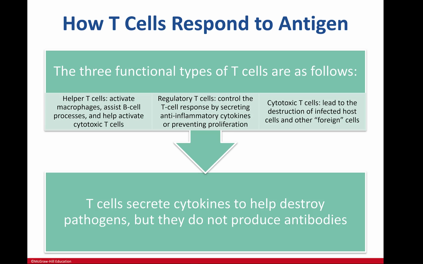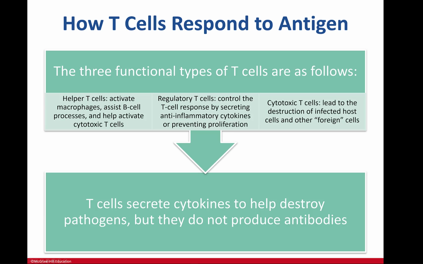The helper T cells activate macrophages, assist B cell process, and help activate cytotoxic T cells. These are the cells that actively go out and kick butt of cells that aren't right. We got to get rid of them. Regulatory T cells control the T cell response by secreting anti-inflammatory cytokines or preventing proliferation. So these regulatories are usually down-regulatories, and they're there to kind of squelch the immune response because the battles are already ongoing, and it's probably a good time to curtail it,